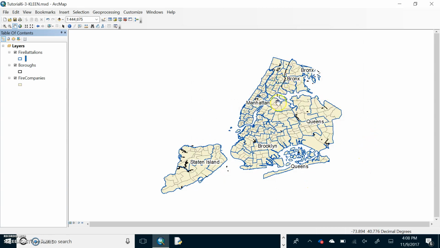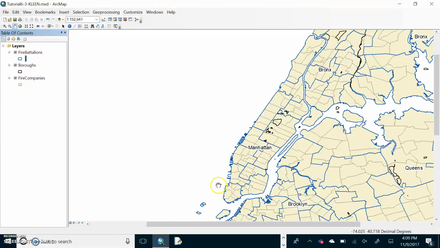So now we can see the battalions, and inside of that I think those are the companies. So now we want to go to number 10 on page 228, zoom to Lower Manhattan and use the Identify tool to view the attribute information for battalion number 4 in the Lower East Side neighborhood. So do we have a bookmark here? We do, for Manhattan. And the Lower East Side,